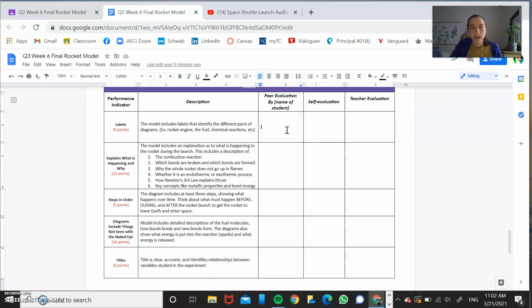So for example, let's say that a family member looks at your model and notices, yes, you have labels, but some things are not labeled. That's a perfectly fine thing to write. So yes, your model has some labels, but it could use more. Okay. That's an example of something that someone can write. Once your peer fills out this evaluation in the rubric,